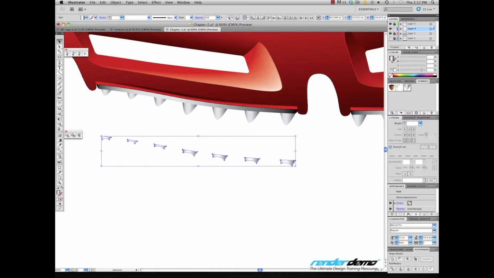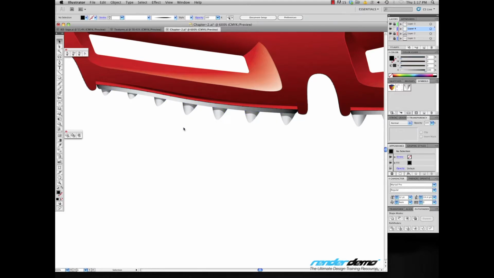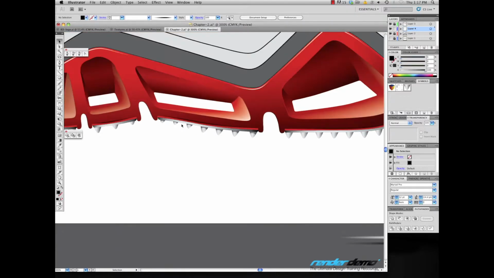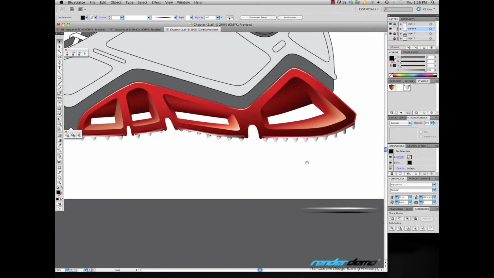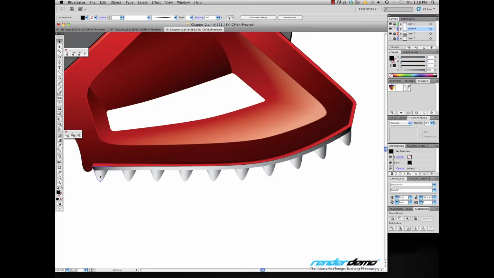Well, let's do this. Let's just fill this with black, and we're going to multiply, and then we're just going to change the opacity. And then let's group these together so they stay locked. We don't have to play around with selecting them. And then you can kind of see how that shadow effect has been applied. So depending on the amount of shadow you want, you could just increase or decrease the shadow effect. So let's just do that here for all of these, and I'm going to continue forward with all of these,